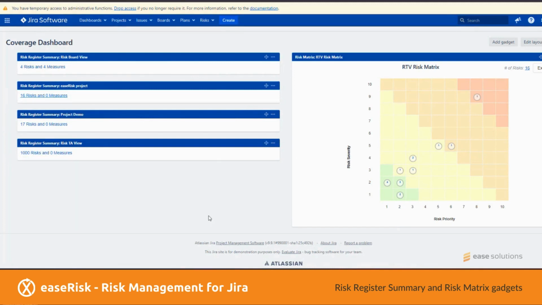If you are a risk manager who monitors a lot of projects, for example, using these gadgets will be of great benefit because you can easily get an overview of your risk data, or you can see the risk report on your dashboard without going to each project's risk app. To mention, these gadgets are also available in Confluence, so you can analyze and make reports about the risks in your project in a wiki page.